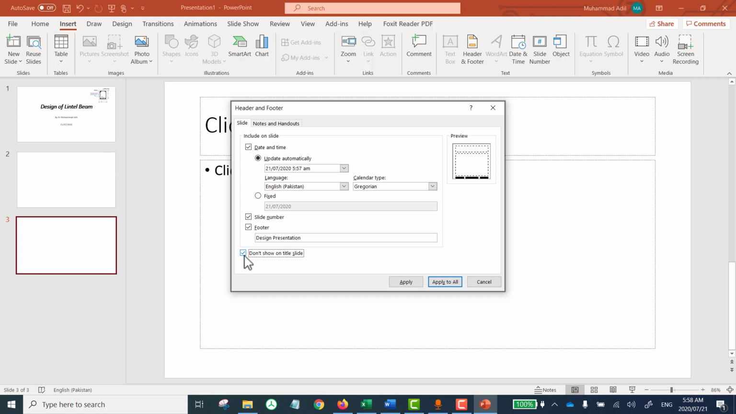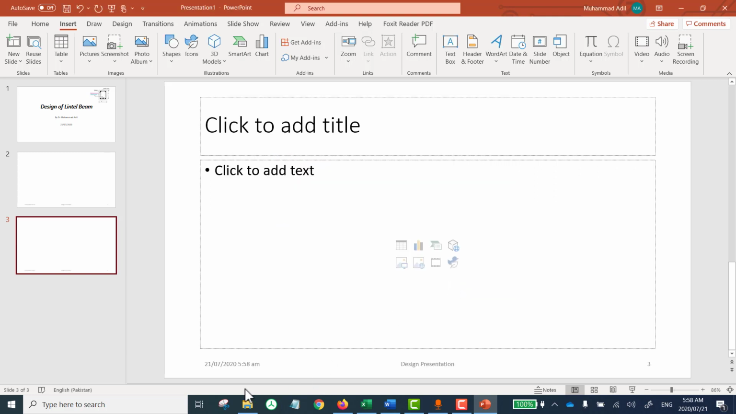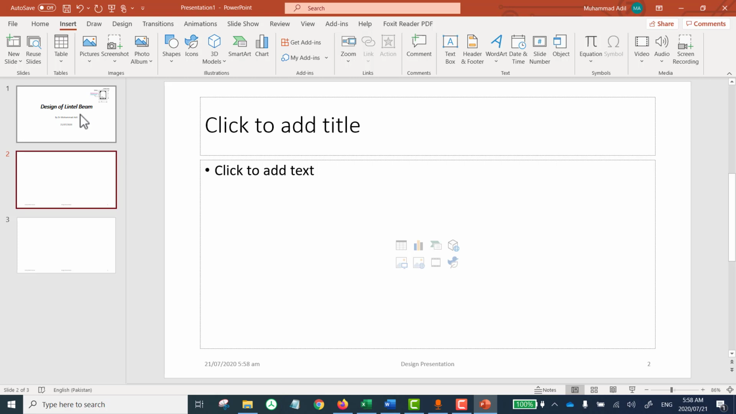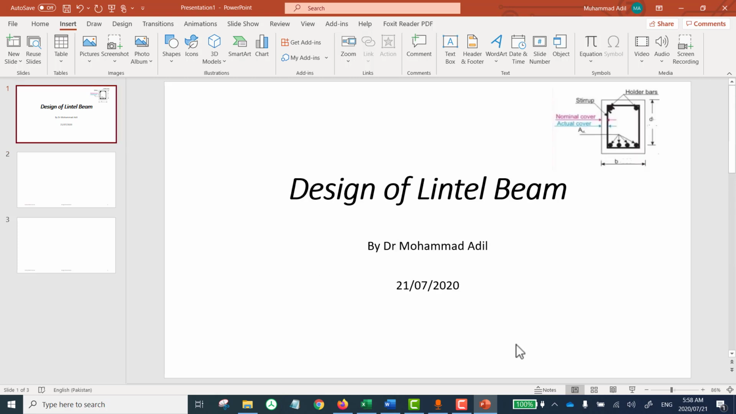So for now, I do not want to show all these things on the title slide, but I want them to be available on all rest of the slides. So I say apply to all to this. So now at the end of this slide, I can see the date and time and the base title I wanted and the page number. It is also appearing on the second slide as slide number 2, and nothing like that on the title slide,